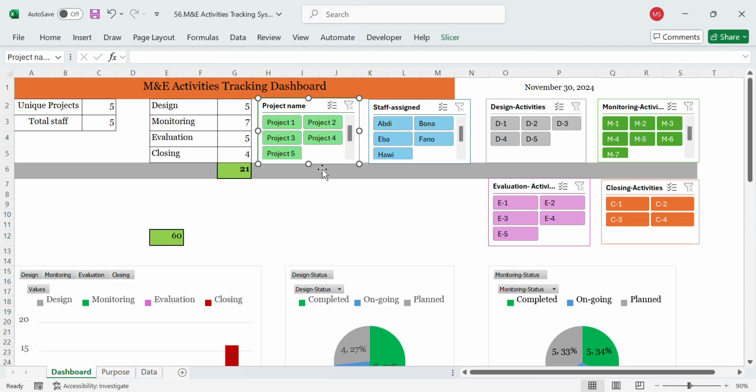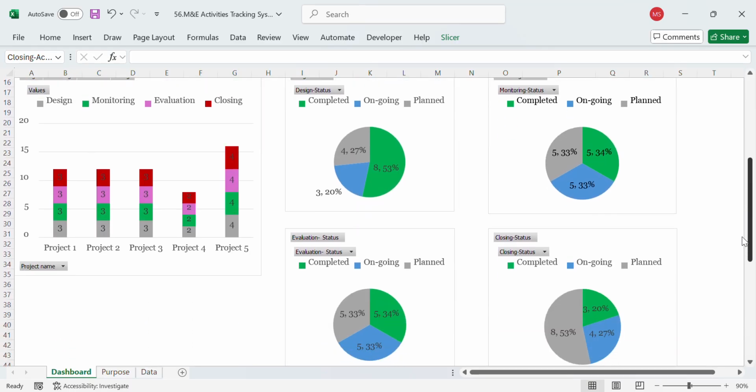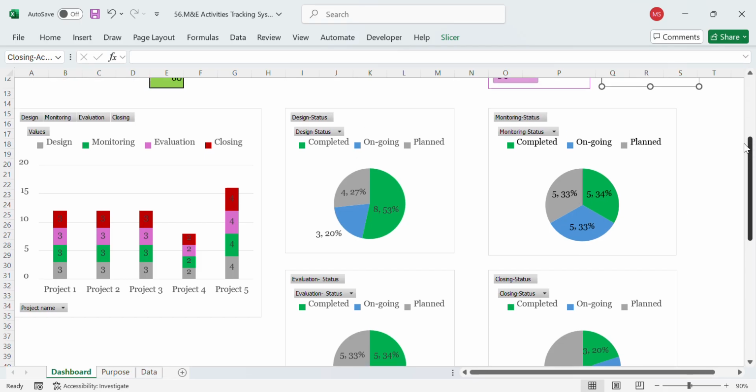And that is the overall activities, which is indicated here. This is overall activities in total, which is indicated here. We have